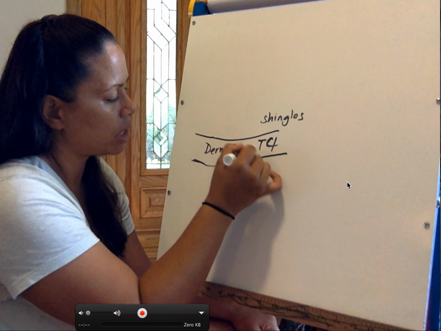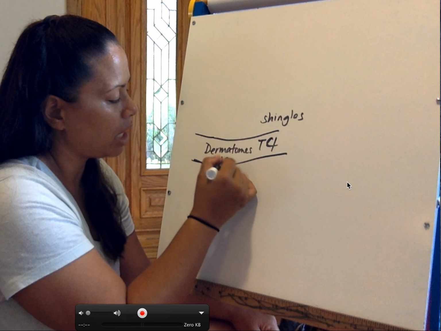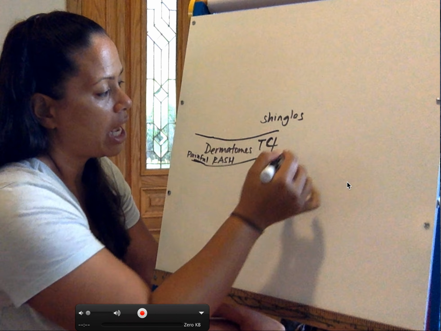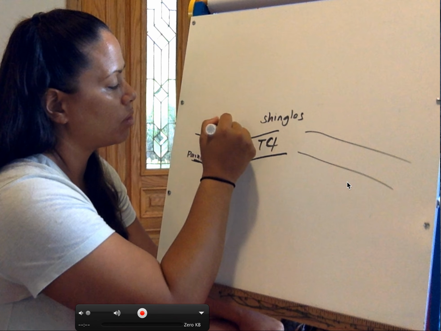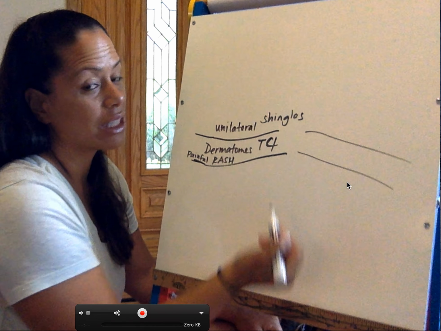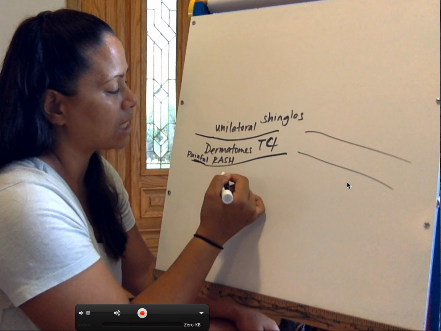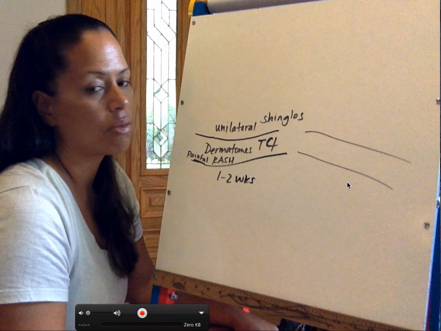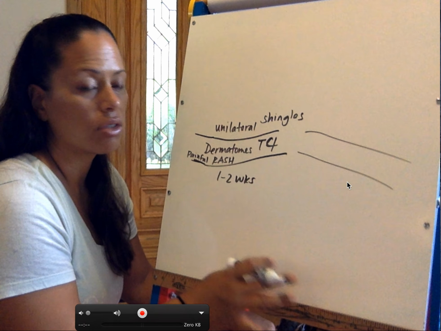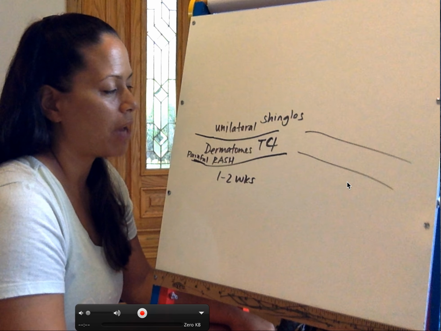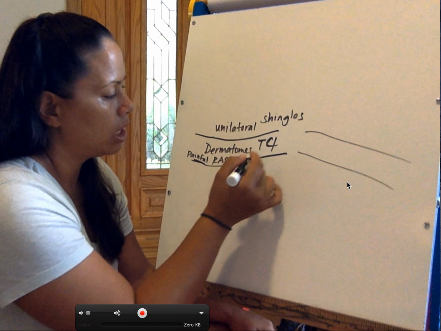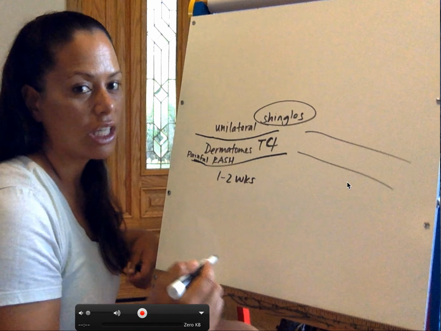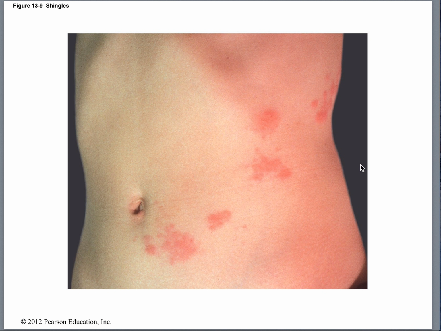So when you have this very painful rash that spreads along the length of the dermatome, typically it's unilateral, that means it's only on one side. If it's bilateral, then that's pretty harsh for the patient that has it. But unilateral, it lasts from 1 to 2 weeks. It depends on how quickly the patient recovers. They could have it occur once in their lifetime, or it could be recurrent. So this is a dermatome, and the distribution, when you have something like shingles, shows you this kind of pattern. So this is a nerve